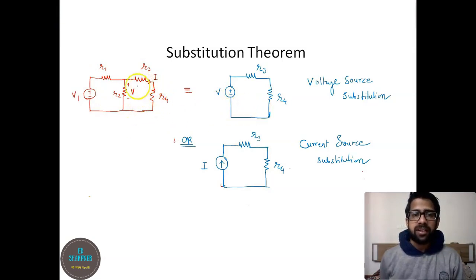Here, look at this particular voltage for R2. The voltage developed is V, and the current being delivered after this particular point is I. Our aim is to replace such a circuit so that we keep R3 and R4 the same, but just replace the circuit behind it. Now, how should this circuit be? That circuit should develop voltage V across these two terminals, or it should just supply current I.